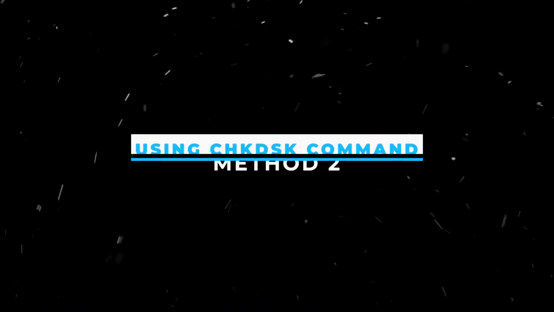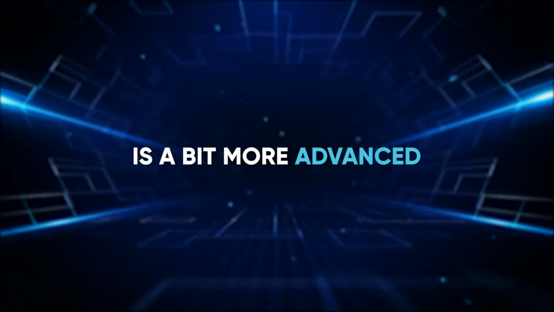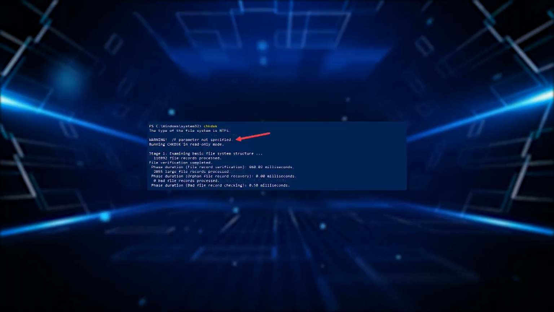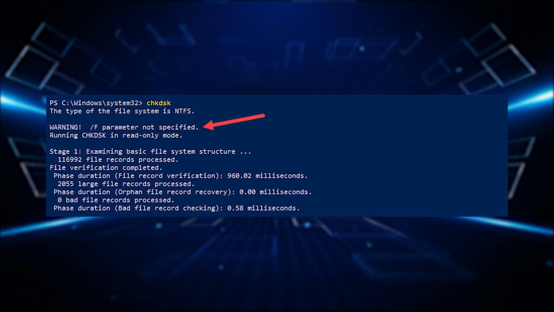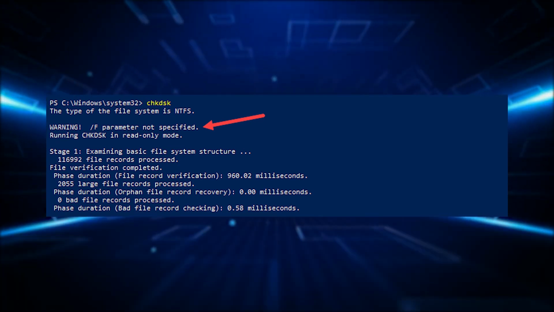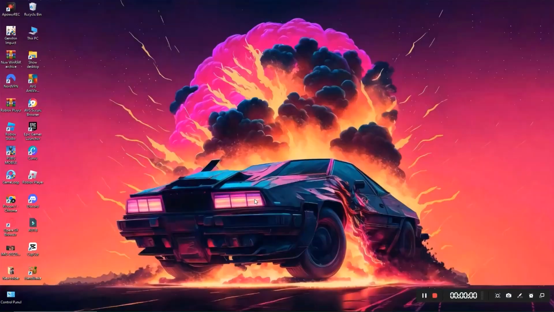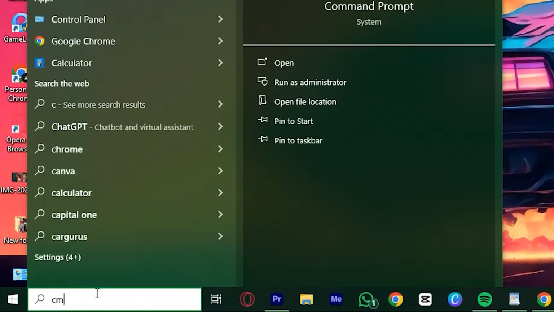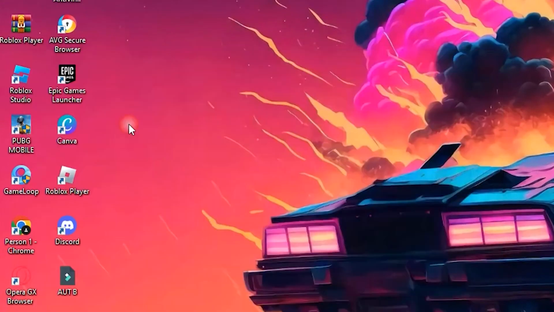Method 2. Using the CHKDSK command. Our second method is a bit more advanced but very effective, using the CHKDSK command in Command Prompt. CHKDSK stands for Check Disk, and it can help identify and fix disk errors. Open Command Prompt as an administrator. You can do this by typing CMD in the Start menu search bar, right-clicking on Command Prompt, and selecting Run